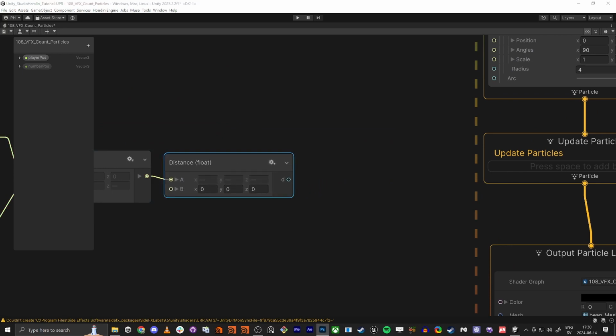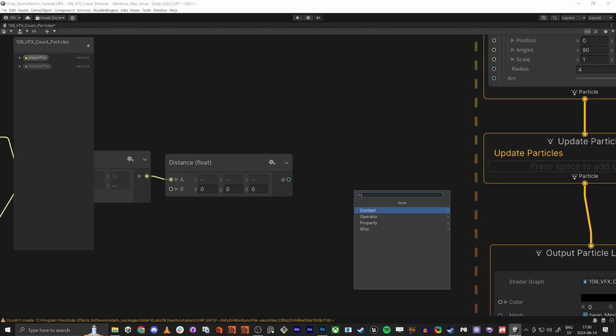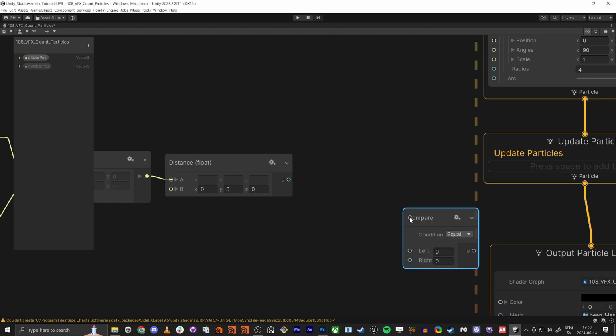So now when we have this one, we can just do a compare node, and then